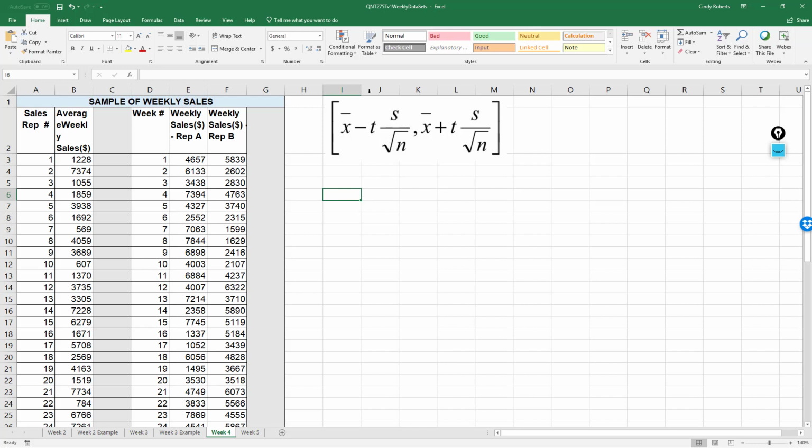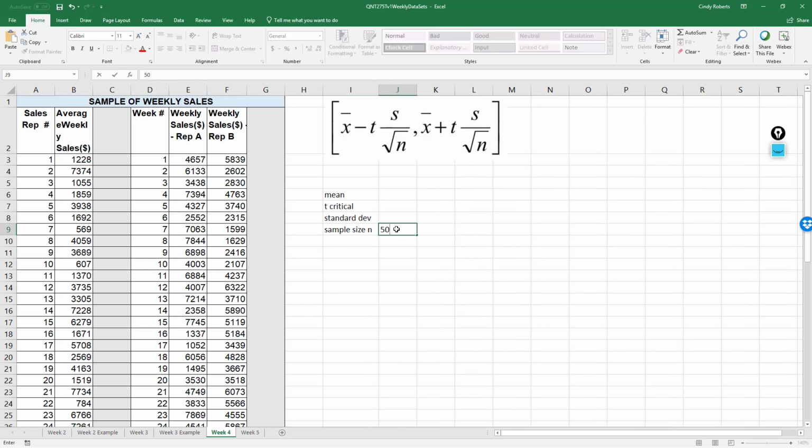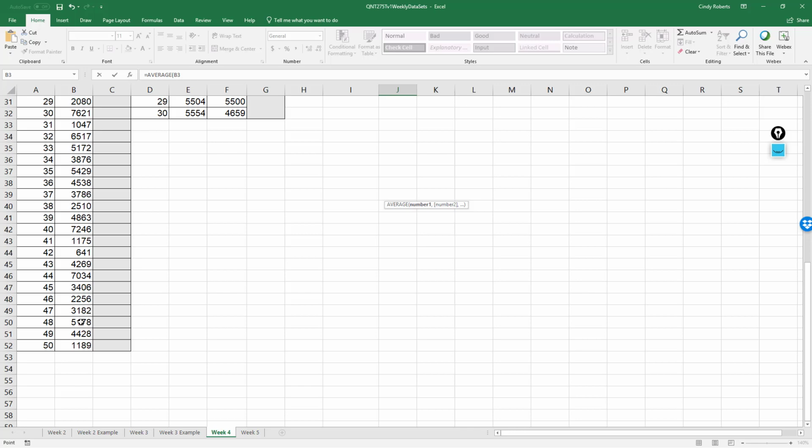So I can see that there's a lower limit and an upper limit for my interval. I need the sample mean. I need the T critical value. Hopefully you watched my critical value video. I need the sample standard deviation, and I need the sample size, which is n. So I already know that's 50, and I can find the mean by using the average formula and average these